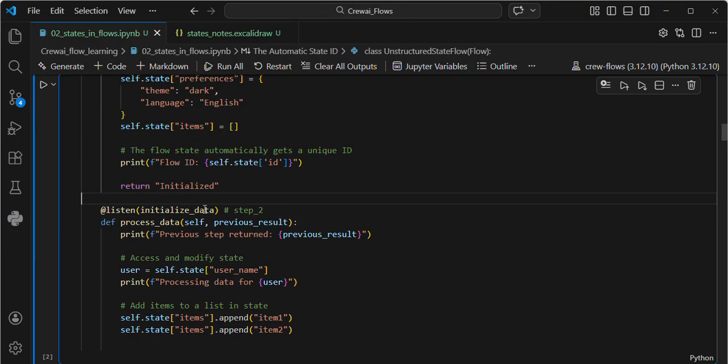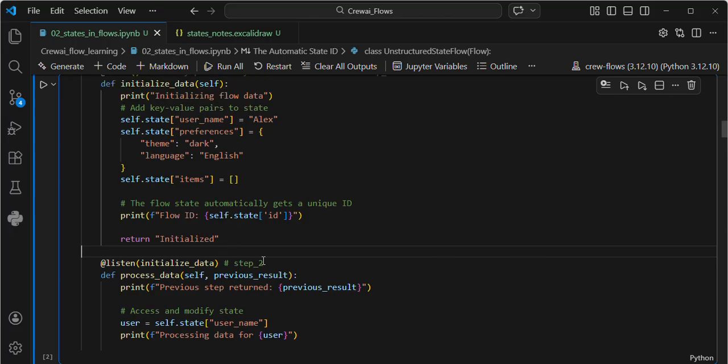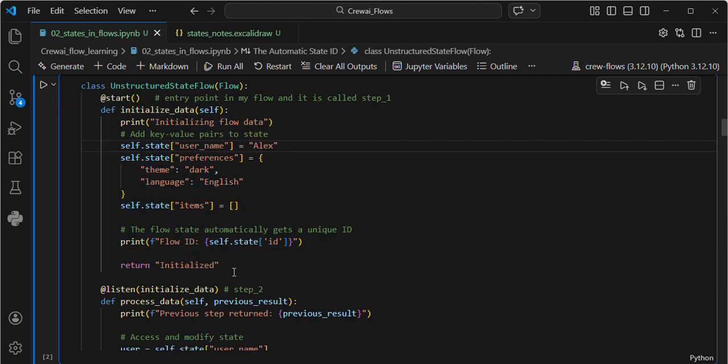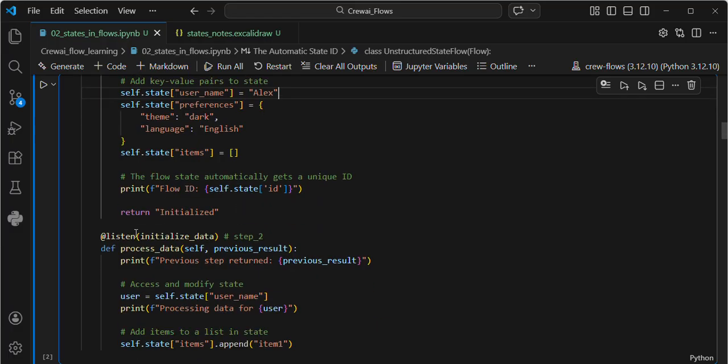If you see here, I'm waiting for this first step to finish. Once step 1 finishes, step 2 is automatically triggered.